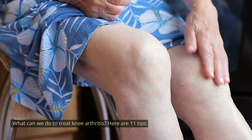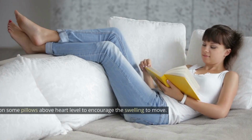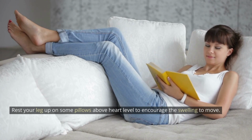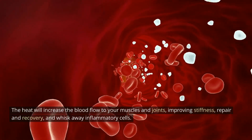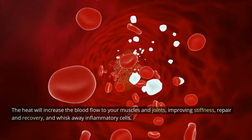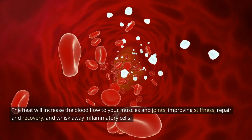Here are 11 tips. Number 1, put a microwavable heating pad for 20 minutes on your knee before you do your exercises and at the end of the day. Rest your leg up on some pillows above heart level to encourage the swelling to move. The heat will increase the blood flow to your muscles and joints, improving stiffness, repair and recovery, and whisk away